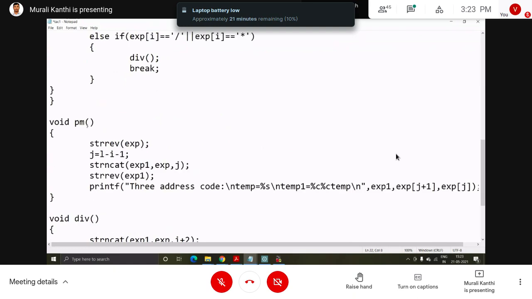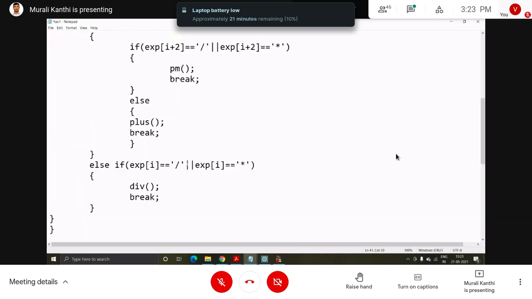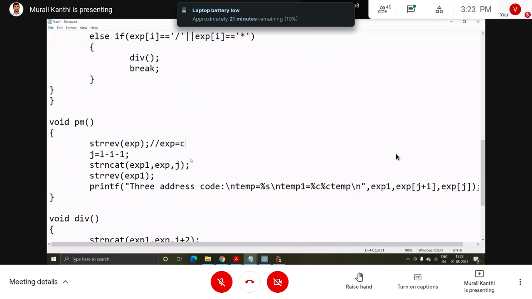Okay, this is the definition. strrev, string reverse. Whatever is in this variable will be arranged in reverse and copied into this variable only. So now exp is going to hold the reverse of this: C star B plus A, right?